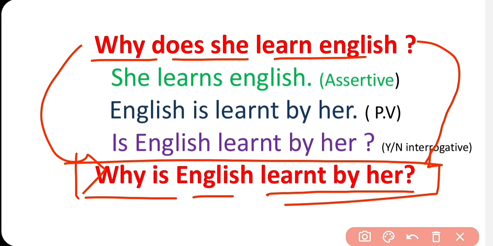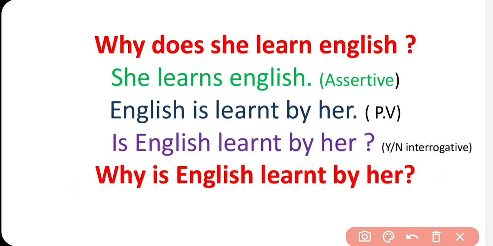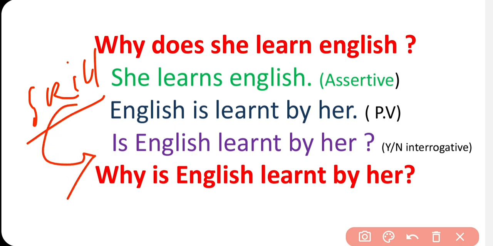So if you are a beginner, then you have to do these steps, and if you have already done the voice, or if you have enough skill, then you don't need to do these forms.